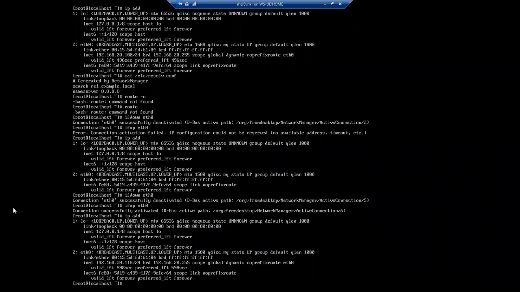You can see inet 192.168.20.110, so that is 110 always. Earlier it used to get 20.100, that was a random IP address. Now you can see in this line it is 20.110, that is nothing but a fixed IP address, but it is a dynamic IP address. It's depending on the MAC address of the system.